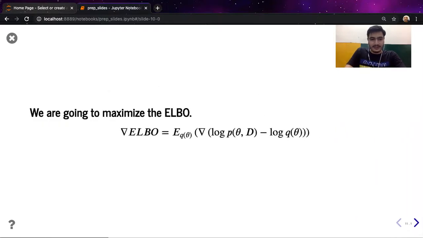Let's go ahead. Yeah, so since we do need to maximize the ELBO to approximate our posterior, we do need to take its gradient and use some sort of optimizer, either by gradient descent or coordinate descent. Here is the point where the whole of Bayesian statistics gets connected to machine learning via variational inference, because we are taking gradients and we are using some sort of optimizers to maximize a particular objective.